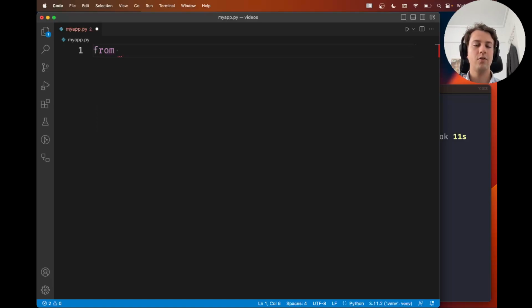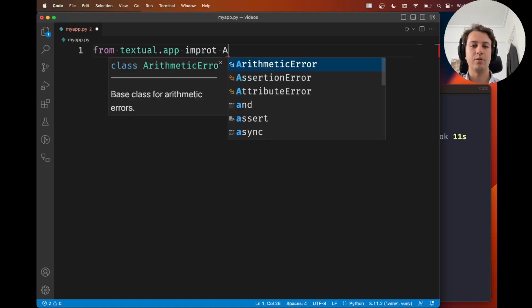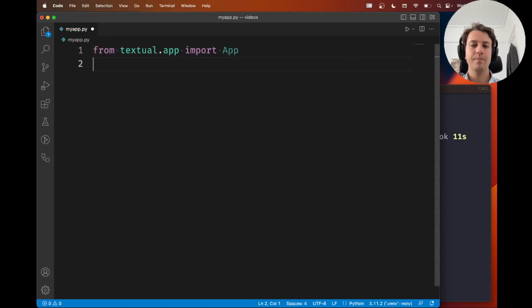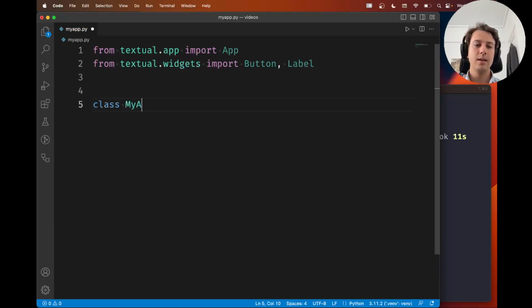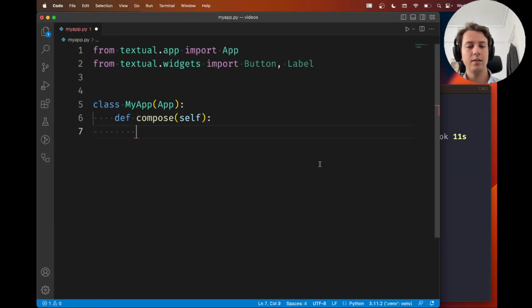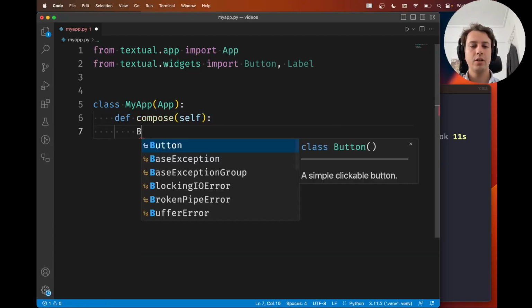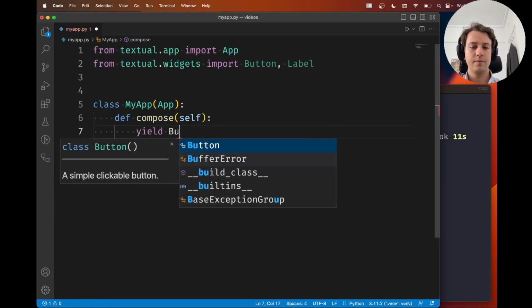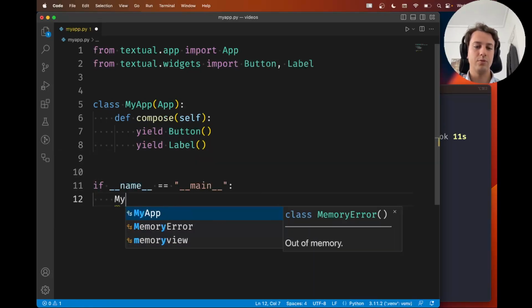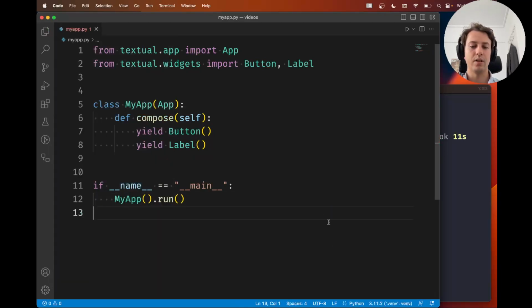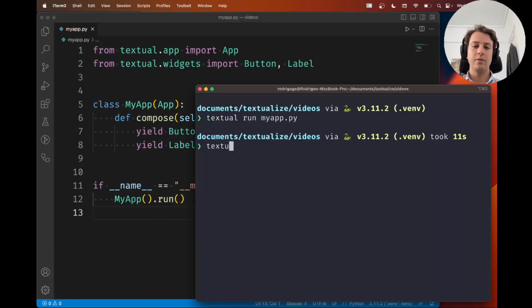So let's go ahead and from textual.app, let's import the app. And from textual.widgets, let's import a button and a label, just so we can have something to play with. Now we're going to create our app, which is composed of just the button and the label. And now if this is the main module, what we want to do is create an instance of the app and then run it. Right? Now if I run my app,